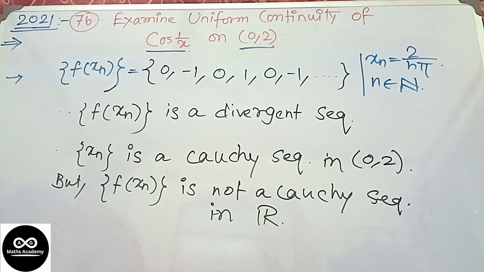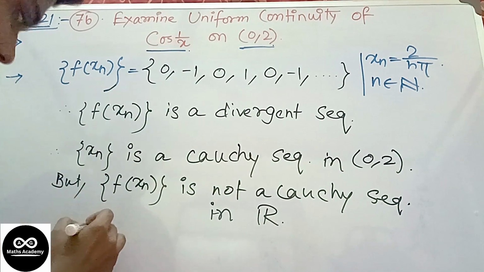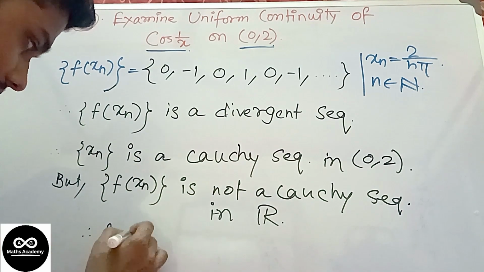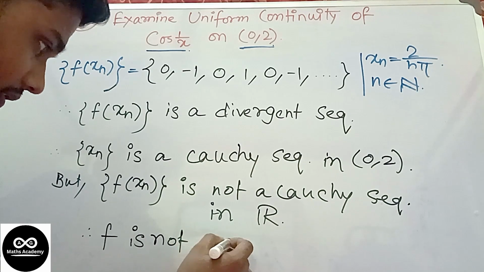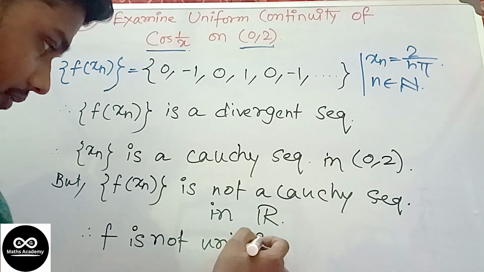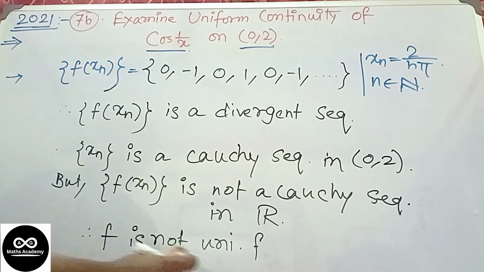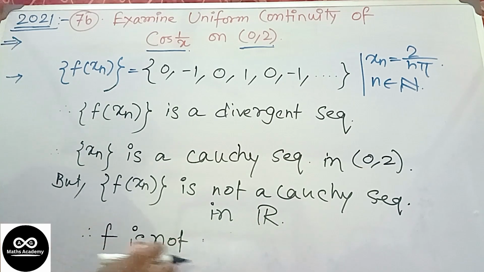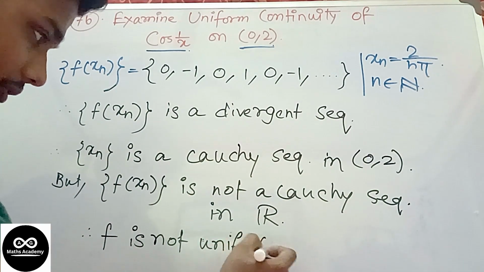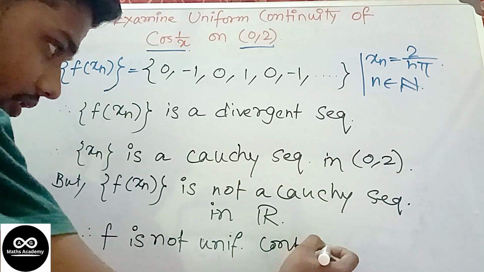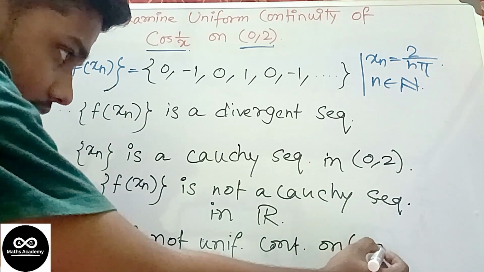So from here we can write that f is not uniformly continuous on 0,